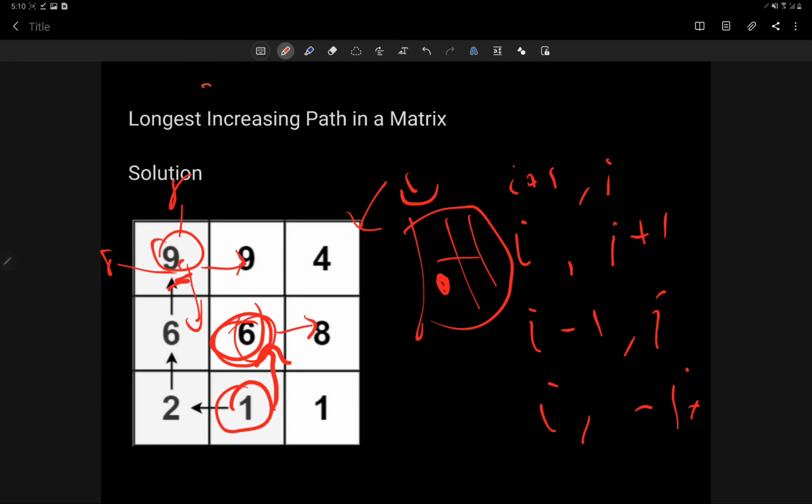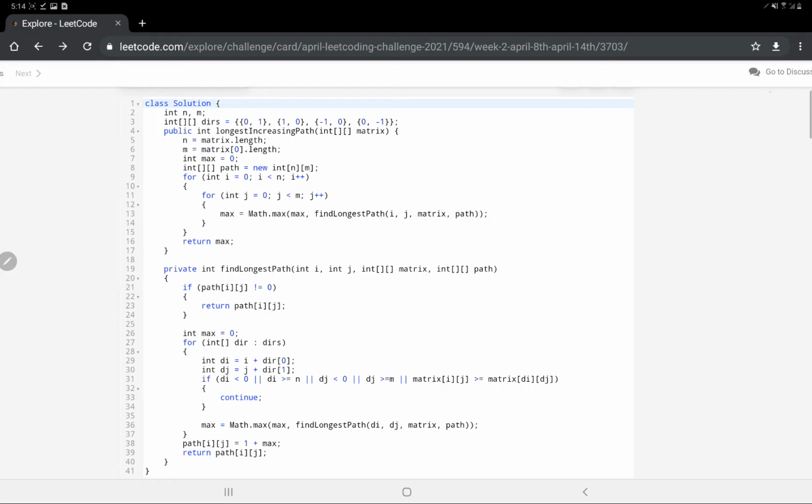Why memoization? To not calculate the results again and again, because we have calculated it once. So yeah, that's why. I hope the approach is clear to everyone. Now it would be much clearer when we see the code for this problem. So let's not waste any time and just see the code.